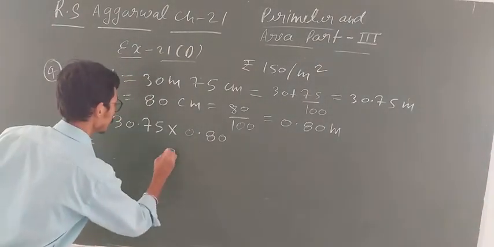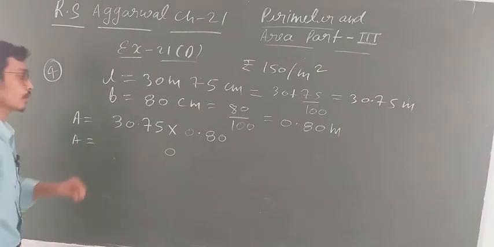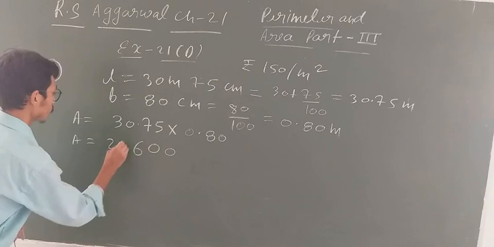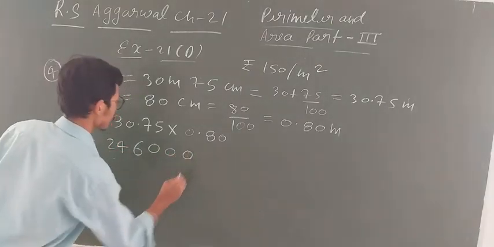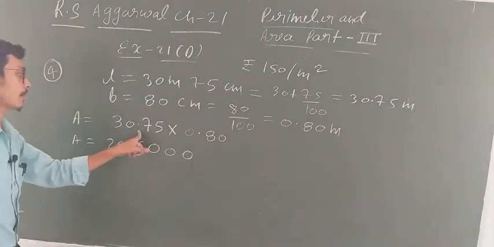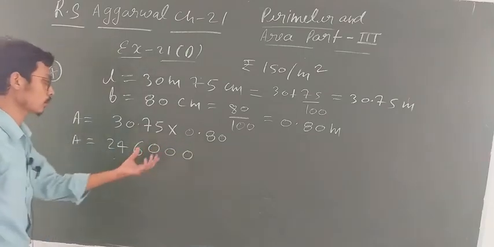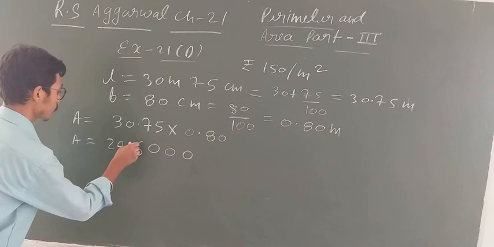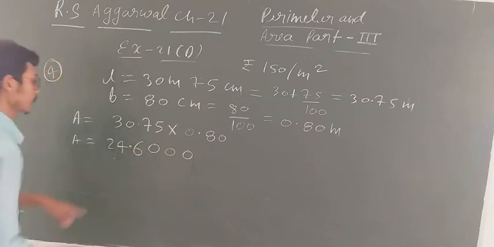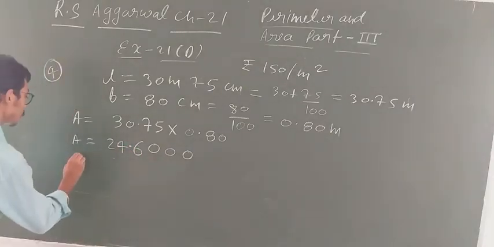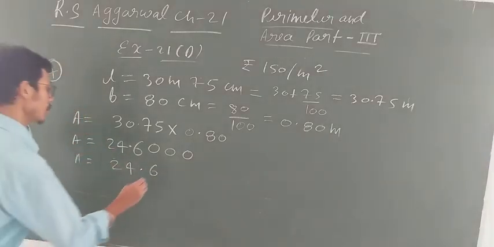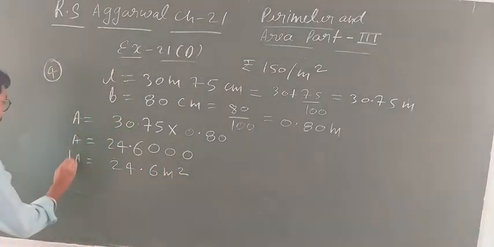8 5s are 40, 8 7s are 56 and 4 is 60. 8 3s are 24 and 6 is 30, and 0 extra. So when you multiply, this will come after decimal 2 digits, after decimal 2 digits. So total after decimal there should be 4 digits. So here you will put decimal like this: 24.6, after decimal 4 digits. So you can also write down 24.6 meter square is your area.